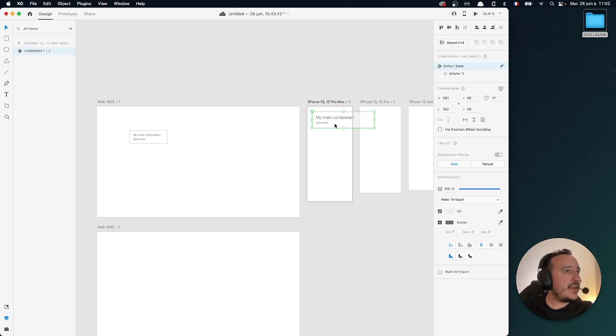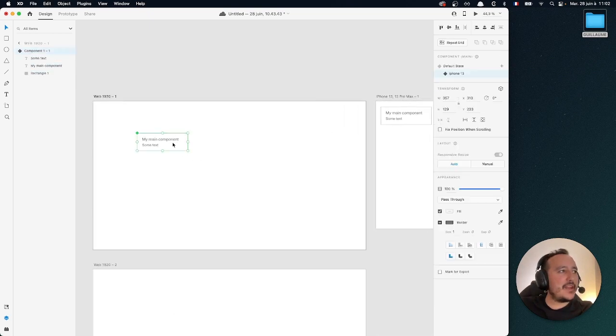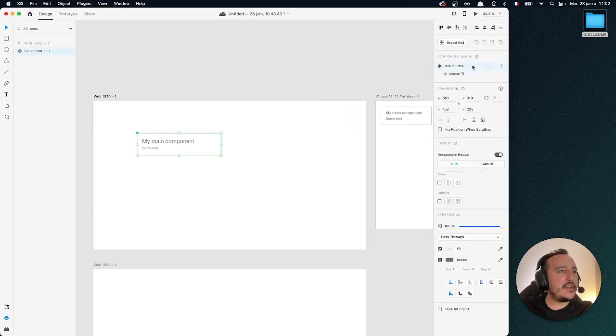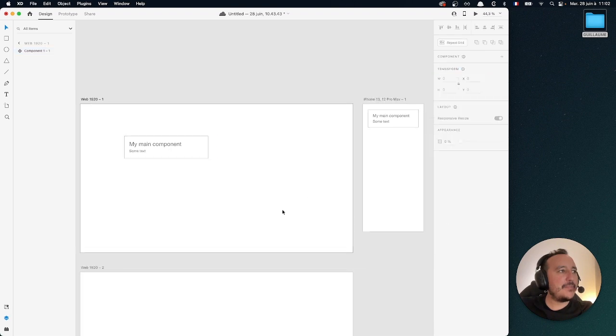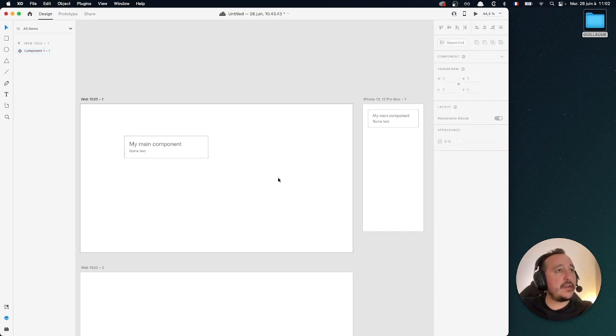So here I select my component, and we see that I got the iPhone 13 state. If I click on it, there we go. It's not perfect for now, but we see that I get my element in here. If I want to go back to my default state, I click on default state. And in one component, I can save as many states as I want, which is really, really useful. So if we get back in here,